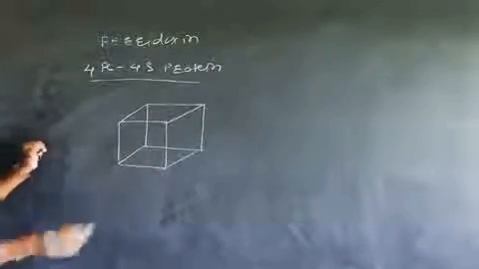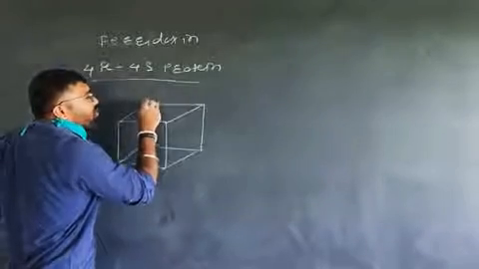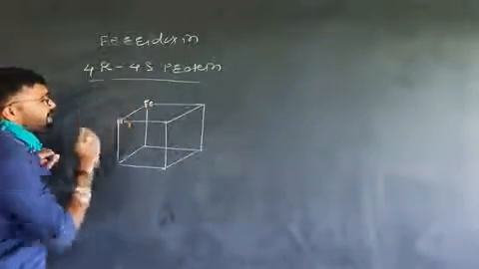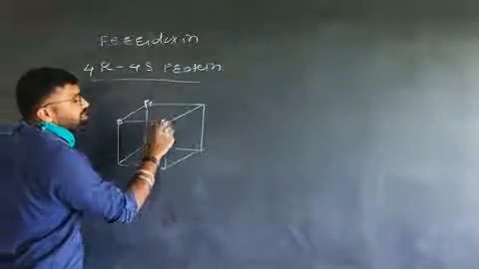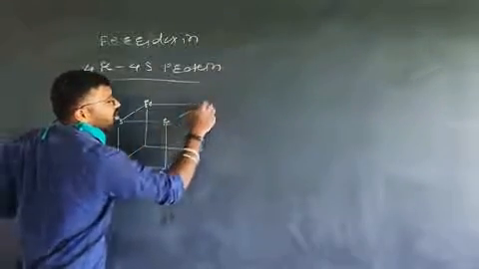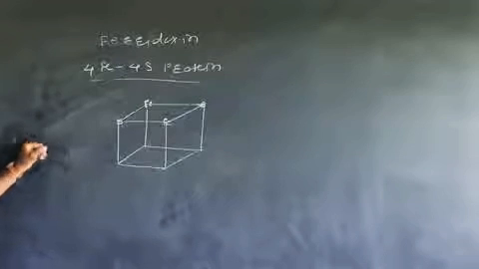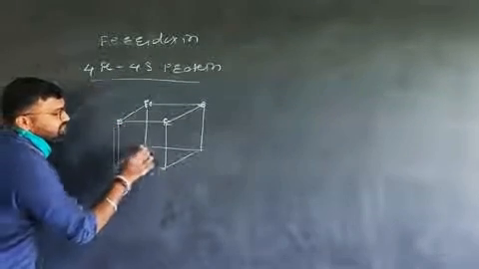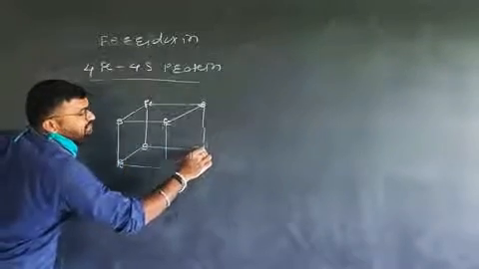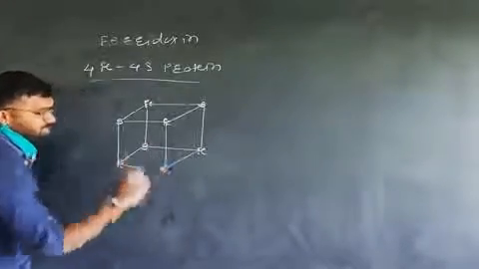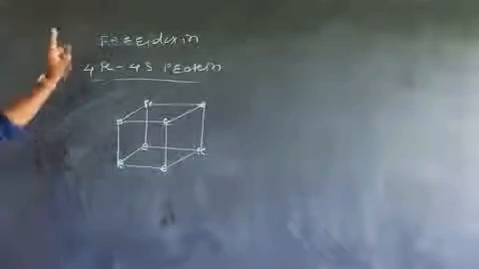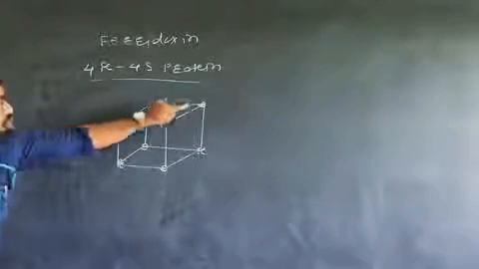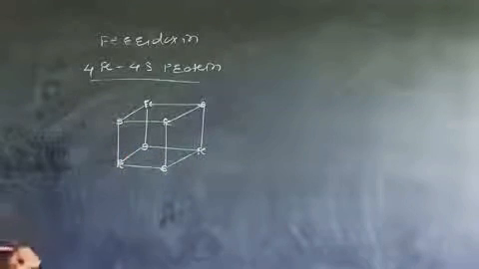Okay. At each corner of the cube, the Fe alternately links with the sulfur. Here Fe, S, Fe, S. This S links with Fe, this Fe links with S, this S links with Fe, this Fe links with S, sulfur. Right? 1, 2, 3, 4 Fe, 1, 2, 3, 4 S, and